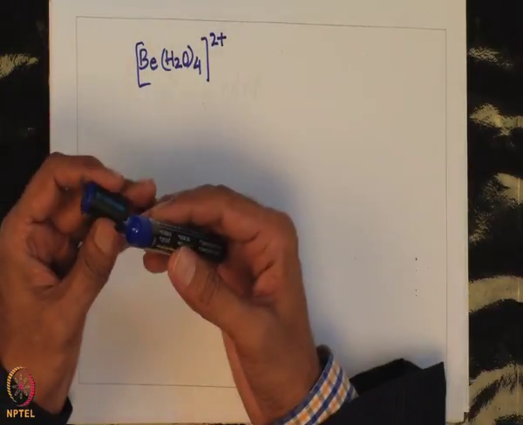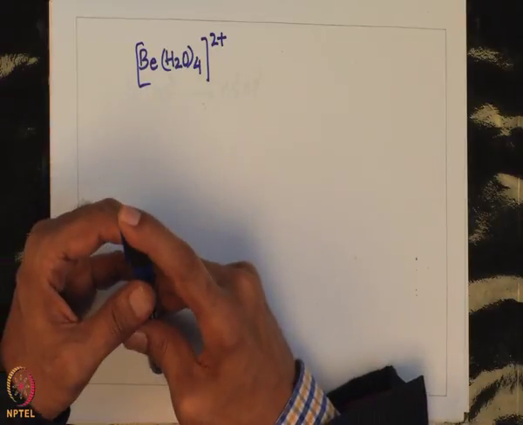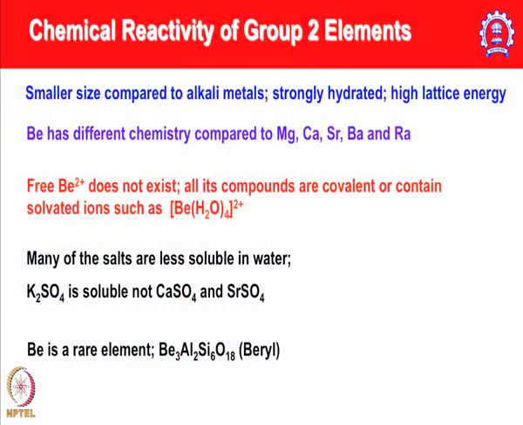when you put sodium chloride or potassium chloride into water, you can see Na plus ions and Cl minus ions, whereas in the case of beryllium that is not going to happen, and instead it always exists as a coordinated complex having this kind of formulation. Many of the salts are less soluble in water. For example, K2SO4 is soluble, not calcium sulphate or strontium sulphate, and beryllium is a rare element, okay, and that